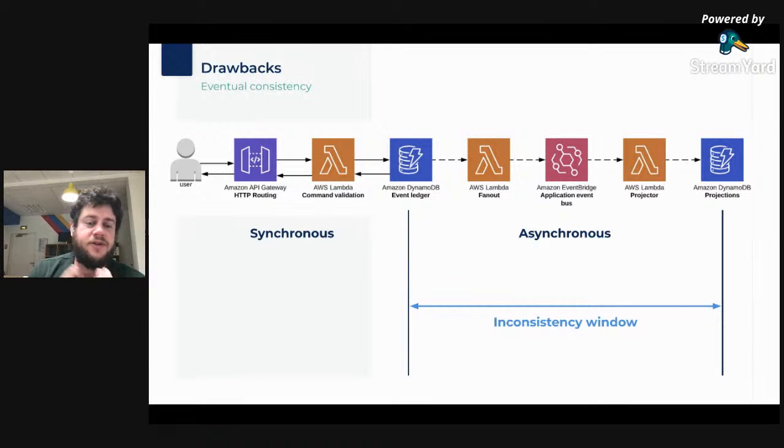First of all, to improve the user's experience, we implemented optimistic update, meaning that on the front-end part of the application, whenever a call for a command validation was successful, the resulting operations that should have been shown on the user interface were already displayed as if the projection was already made.